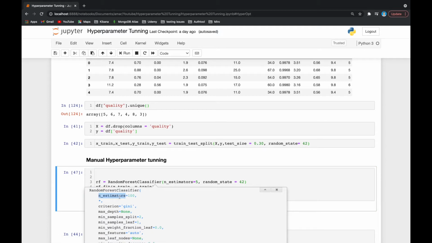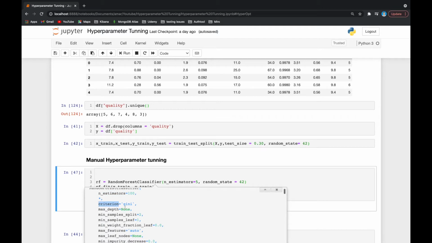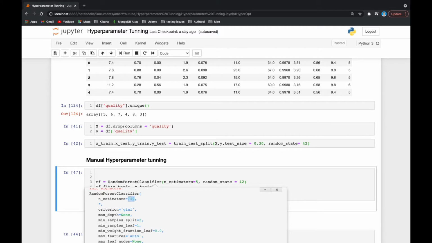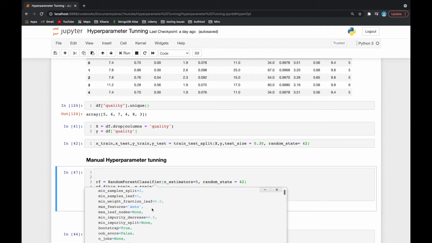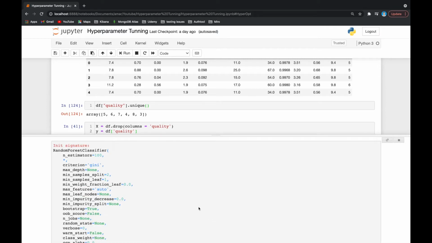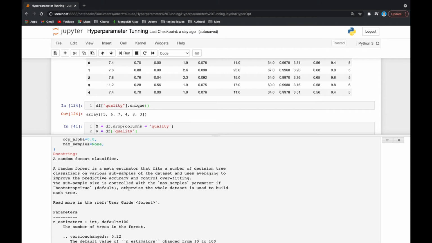So we have n_estimators, criterion, max_depth, min_samples_split, min_samples_leaf. So all these parameters we have. By changing the values of these parameters, we can increase the accuracy. Okay, so here we have the full documentation of these parameters.